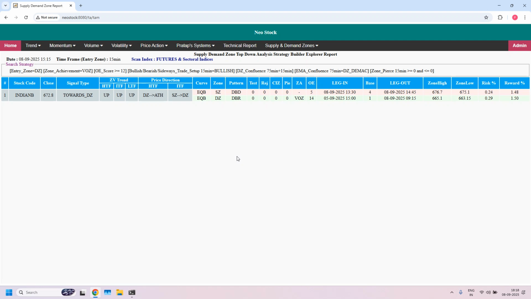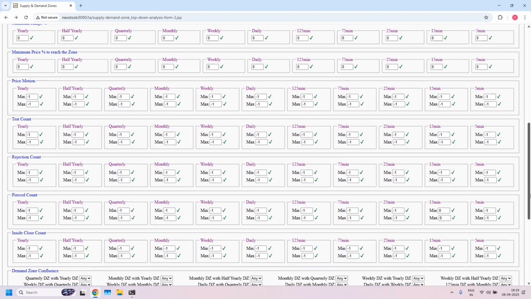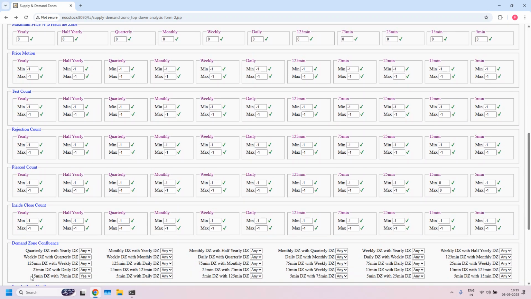Okay, next let us look into LTF, ITF and even HTF demand zone confluence supported stocks. I am removing the EMA filter. In the demand zone confluence, 3 filters I have to set. First filter is already enabled, 15 minutes and 75 minutes. Next, 15 minutes and daily, 75 minutes and daily, demand zone confluence. With all the 3 filters,